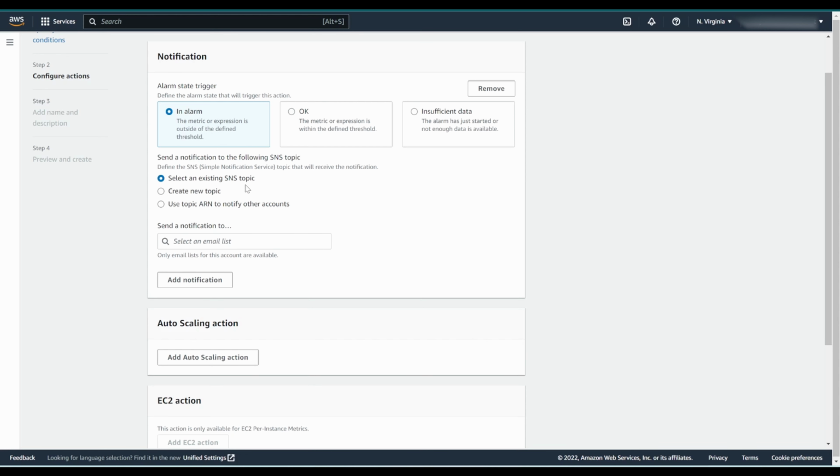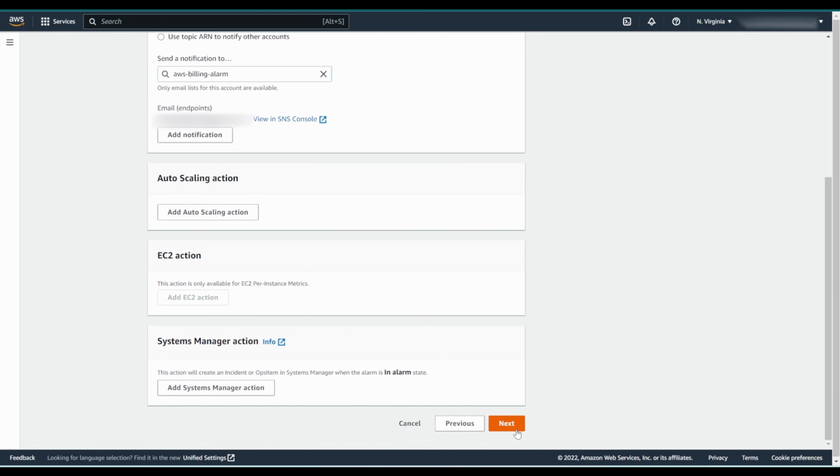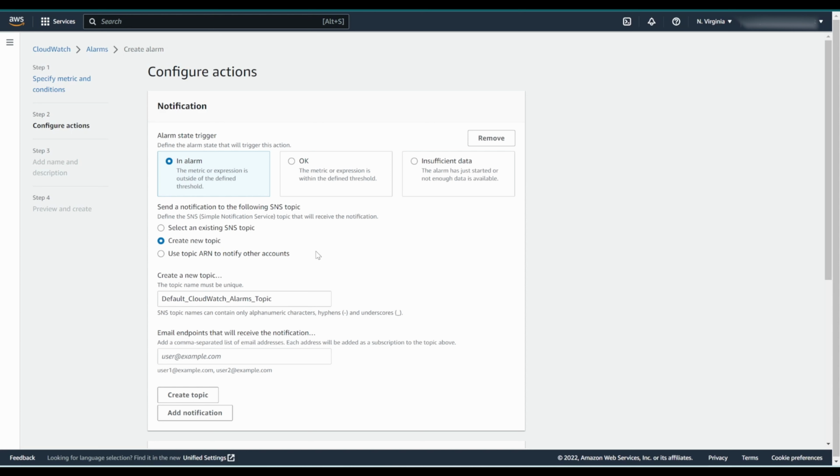If you select an existing SNS topic, then in the send a notification to field, you need to select your topic name. After this, you can view them in the SNS console, or you can just go and hit next. If you want to create a new topic, then you must provide a topic name which must be unique. I'm going to name it as